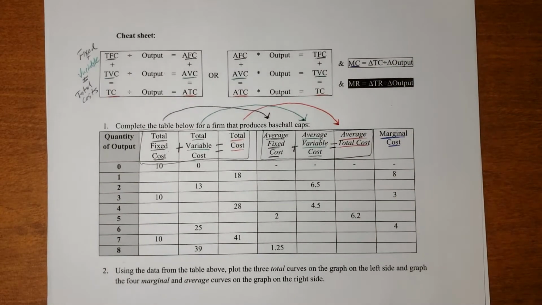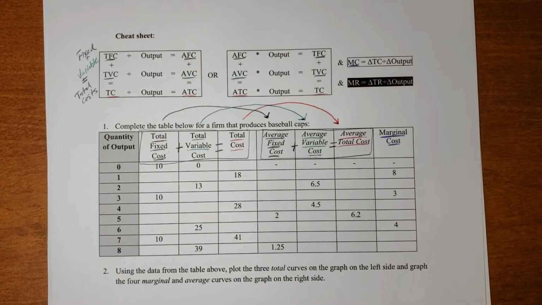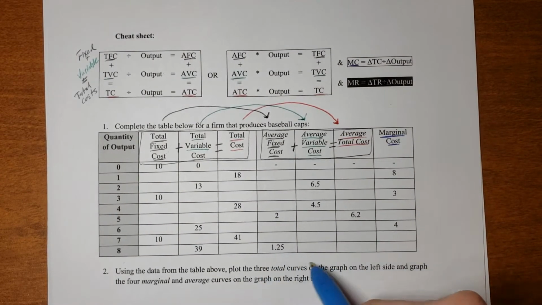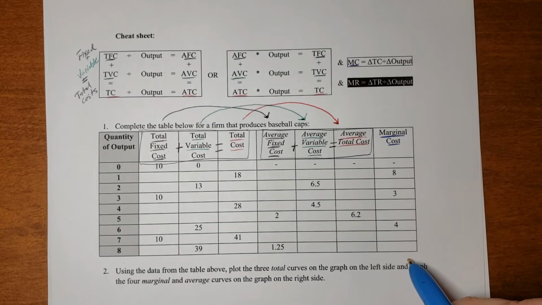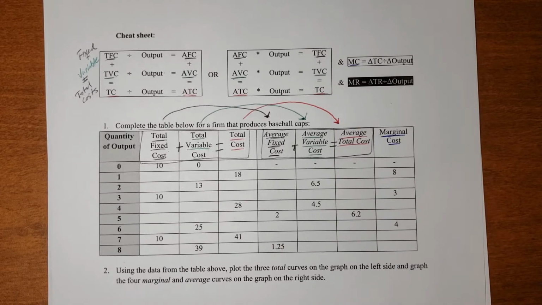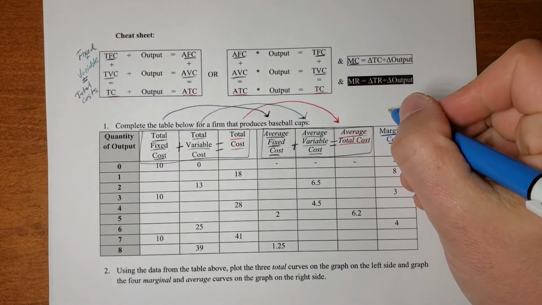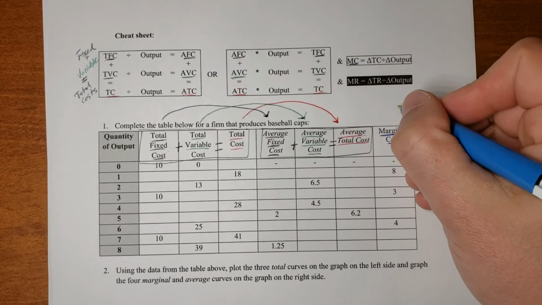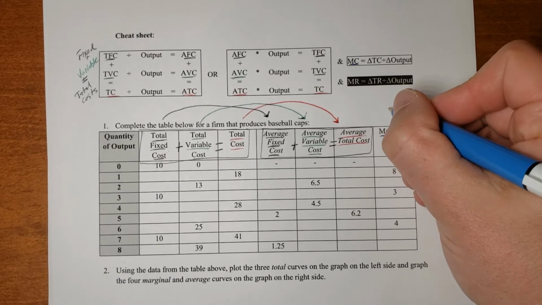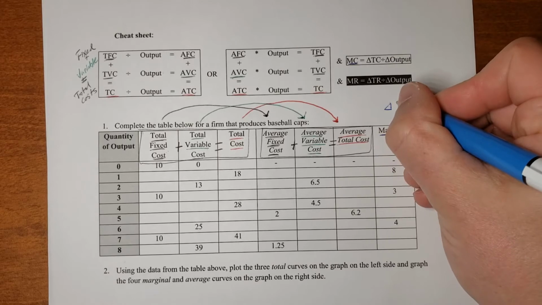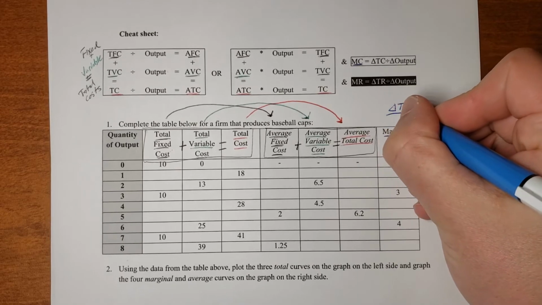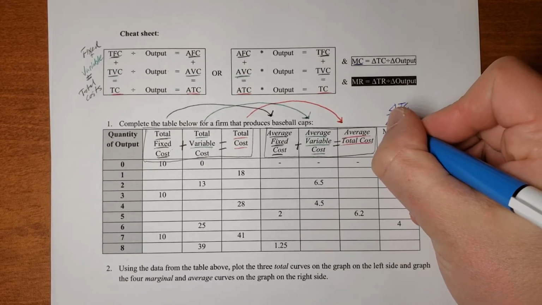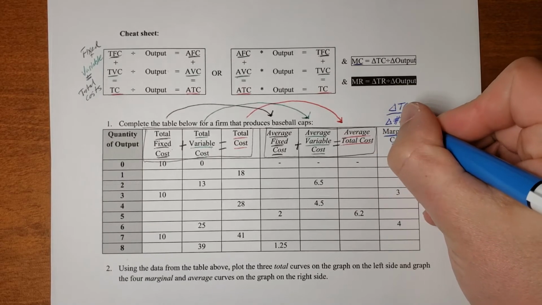Now, traditionally, the curves that we pay the most attention to are going to be on the right-hand side when you're doing cost curves, but that's not necessarily always the case, but that's traditionally what we're going to be looking at if you're looking at, say, AP textbook problems, AP microeconomics problems. Now, the one cost that doesn't have as clear of a relationship is the marginal cost. Now, the marginal cost is defined as the change in the total cost divided by the change in the number of outputs.